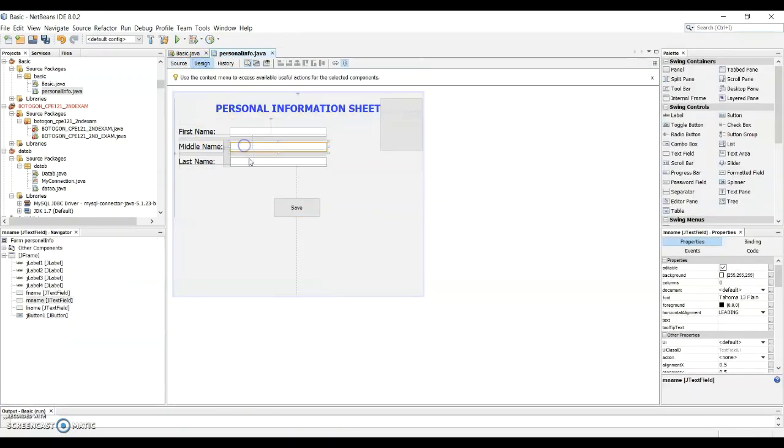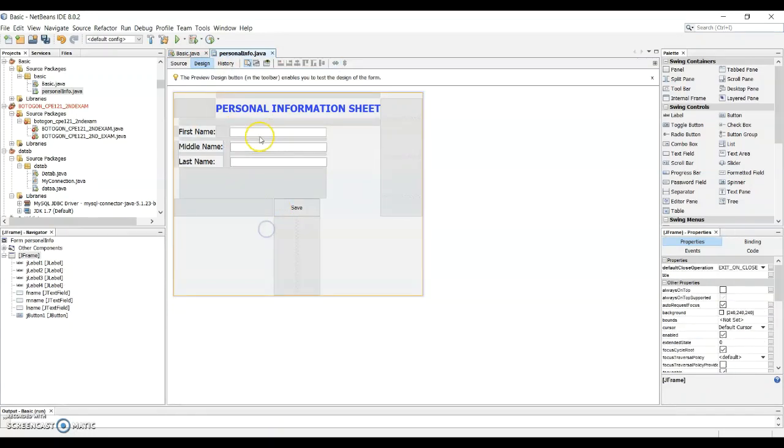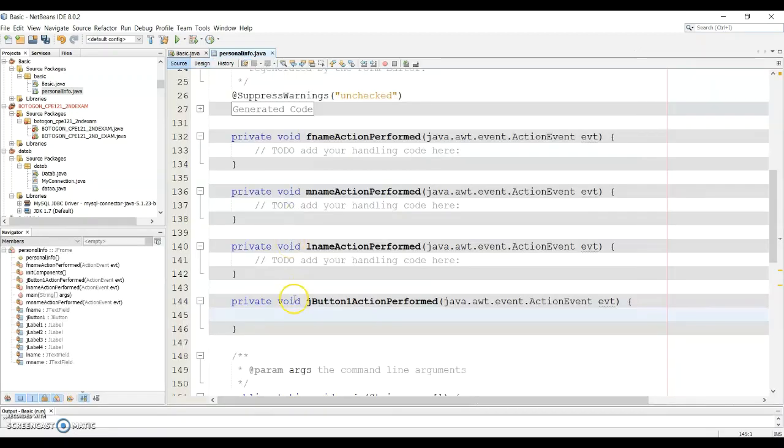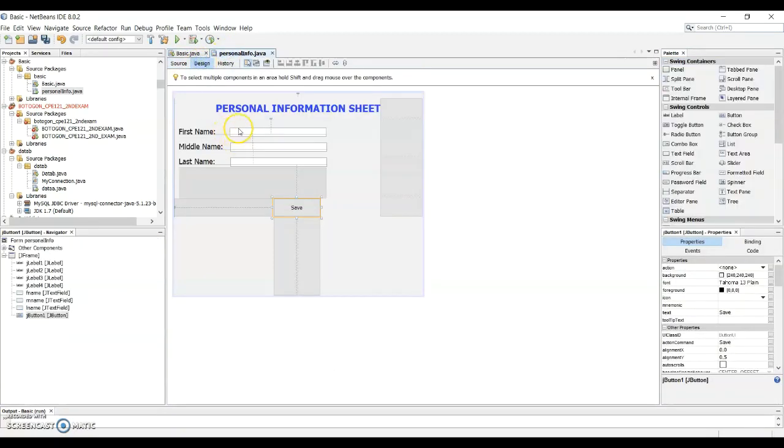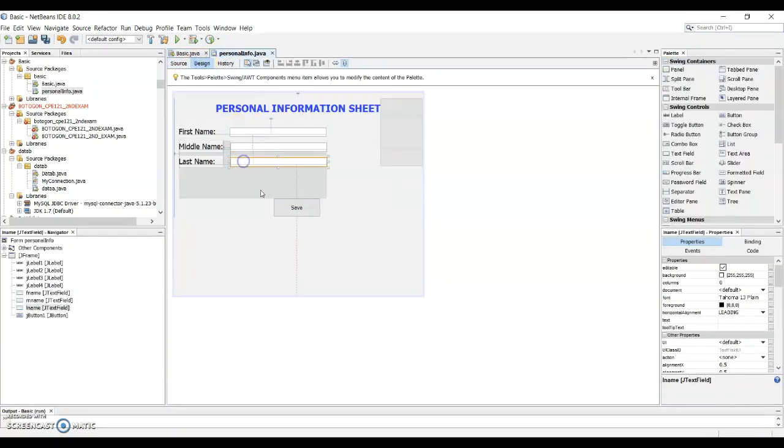But since we will not be coding anything inside here, we'll just be manipulating the codes inside the save button. So we'll be incorporating JOptionPane here. That means if the user inputted something in the text fields like the first name, middle name, and the last name, when the user clicks the save button,